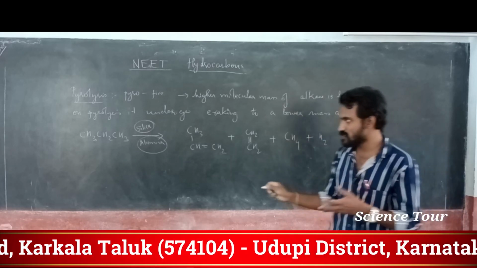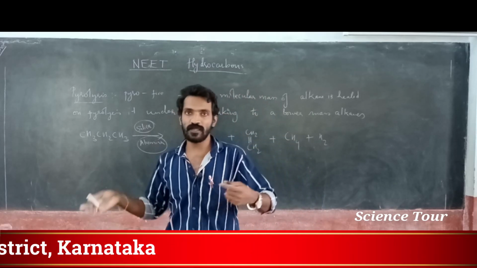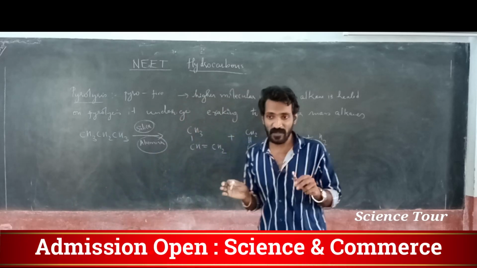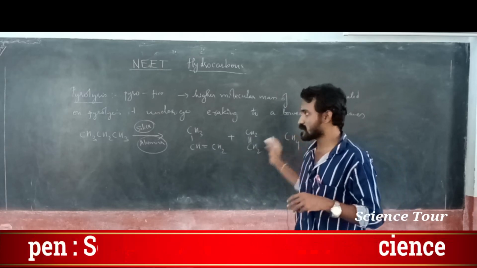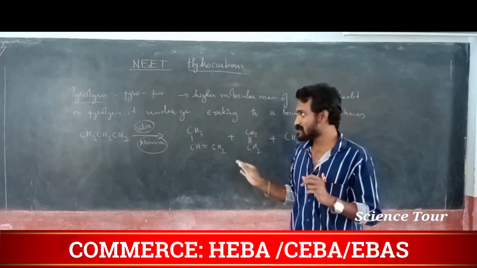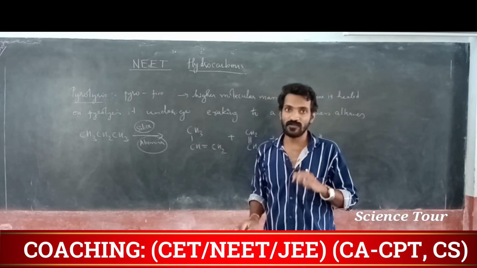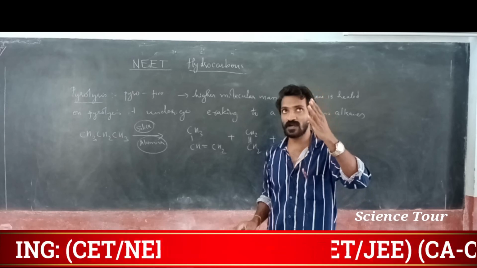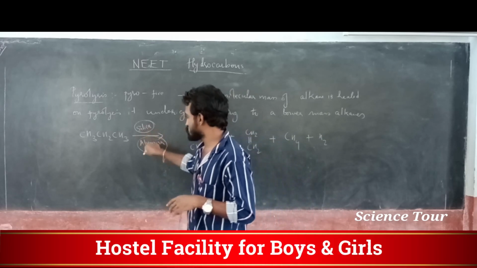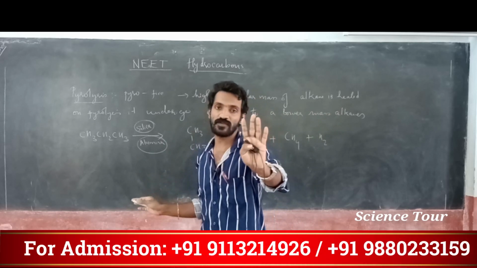Don't think that it is only this much. If you take decane, these and all give more products. Propene, pentene, hexene, like that it gives many products. It is very difficult to predict the products. Don't ask me, sir, which products will form. Cracking gives many products. Pyrolysis gives many products. But in pyrolysis, the products are not important. You should know what pyrolysis is: using fire, you are cracking long chains of hydrocarbons, meaning alkanes, into smaller chains of hydrocarbons, in the presence of silica and alumina catalyst. Only that much is important. Products are not important for you.